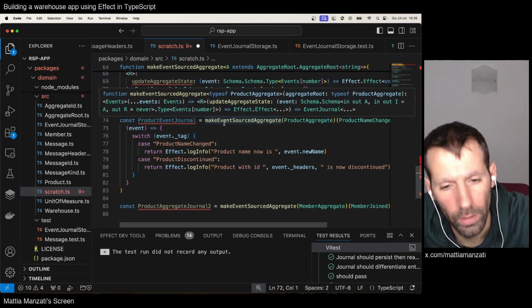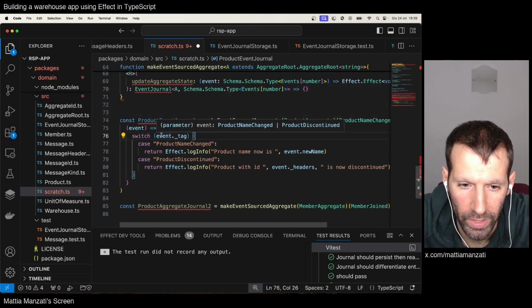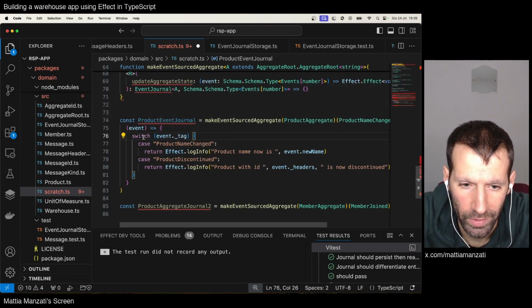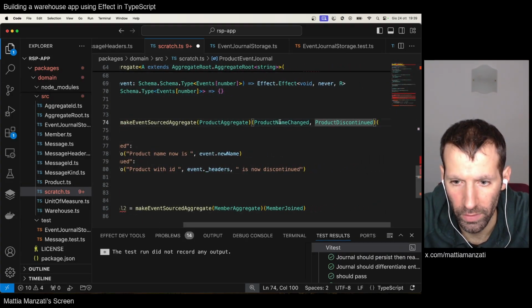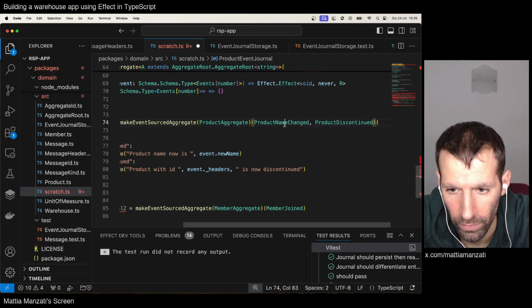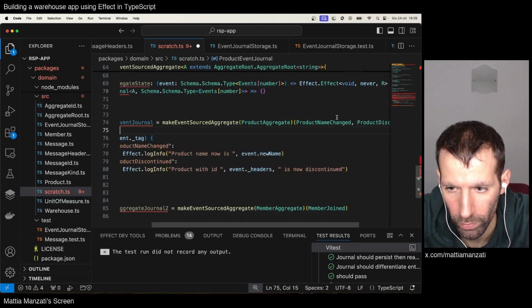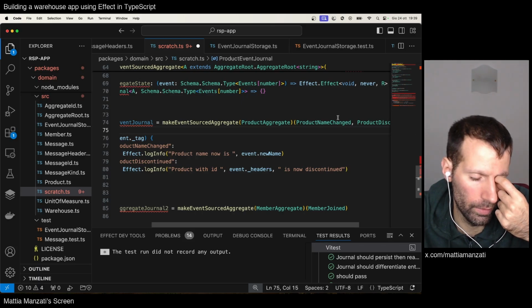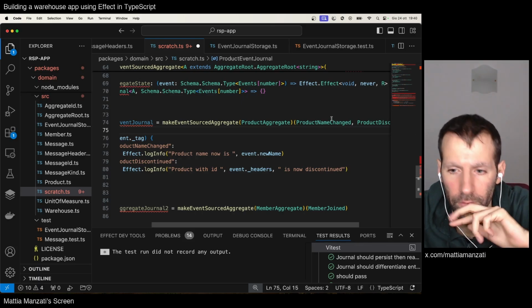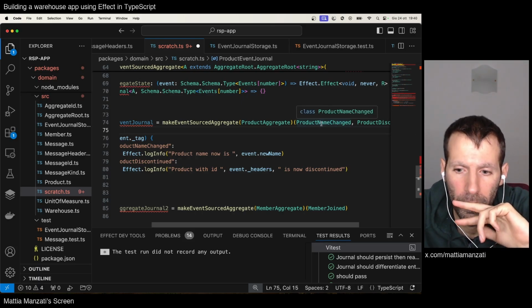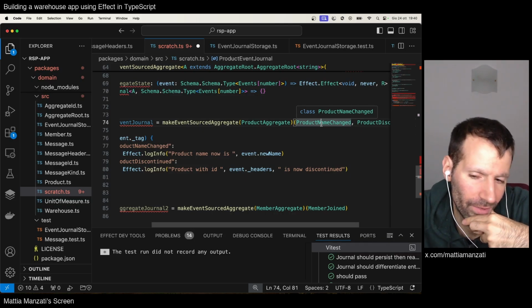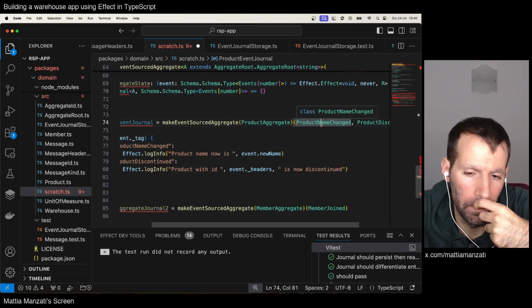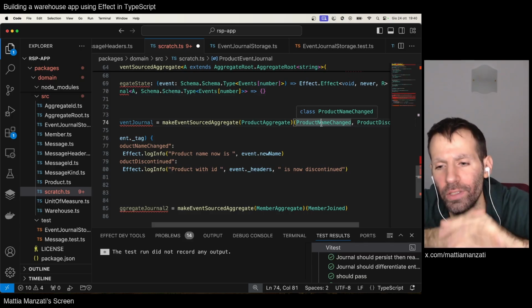And then we will say that a syntax like that is really what I'm looking for. You have the aggregate, and then we have the schemas of all the possible events. And that's perfect. The only thing is that maybe in the given journal,